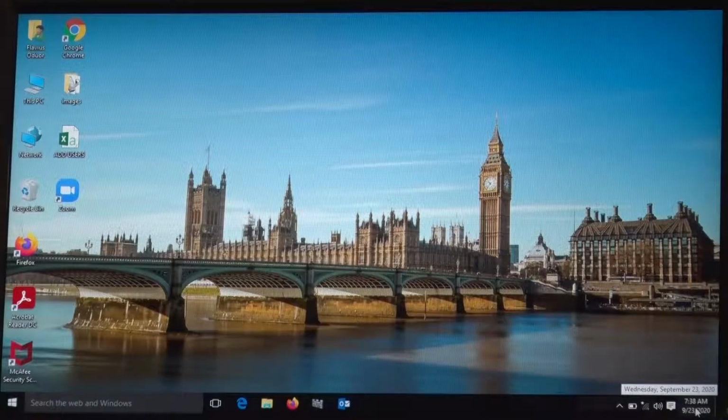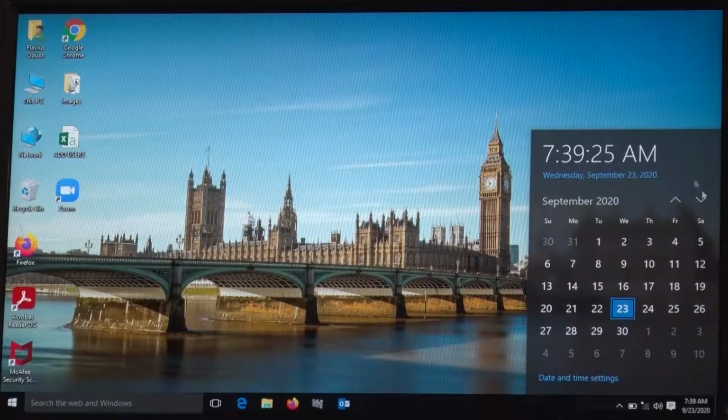Wednesday, September 2020. The computer being the device it is, I don't always have to use calendars outside, maybe printed, hanging in the house, or on a mobile phone. If you have your computer with you, then you always have to ensure that the right date and time is set. So when I click on the date and time, I'll have this popping up,